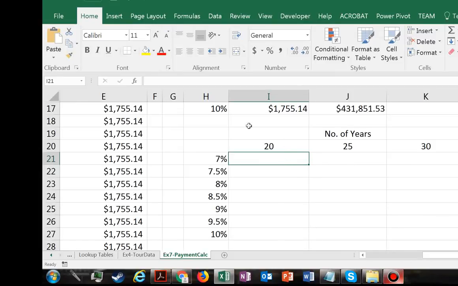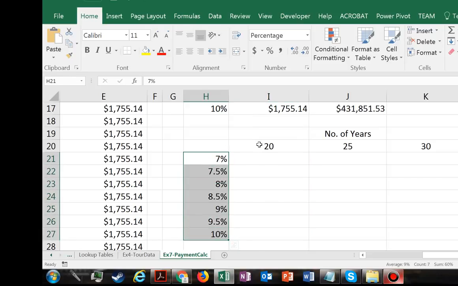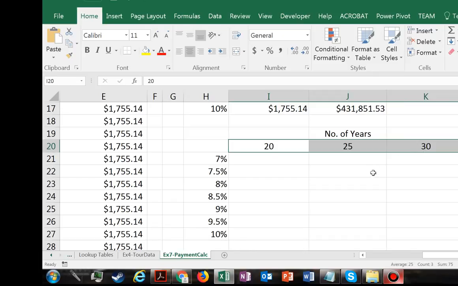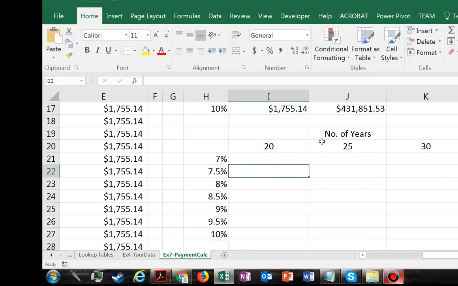Now for the next part of exercise 7, we want to use a data table to calculate what our monthly payment would be if we change two inputs at a time. So we want to substitute different annual interest rates and also different numbers of years to pay off the loan. So this time, instead of just changing